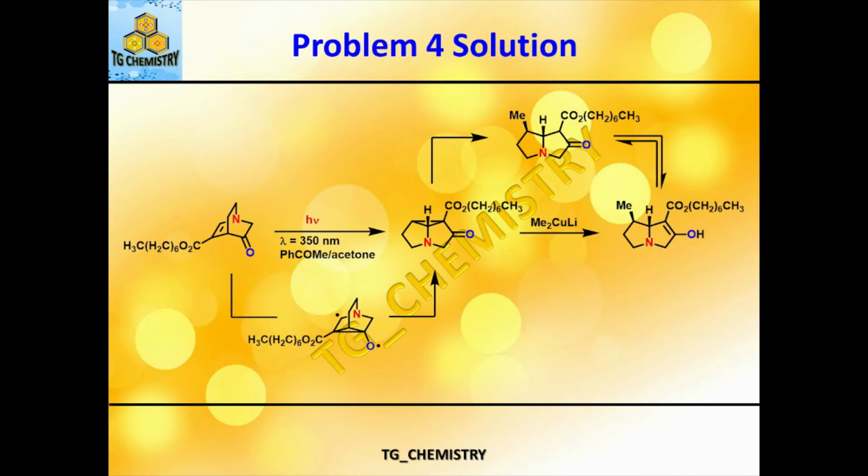The final product can be either the keto form or the enol form, depending on the options that you get during the exams. Or, in the straightforward way, you can write the ketone, and as it is enolizable, it can undergo tautomerization and form the enol isomer as well. So from the quinuclidinone we get the pyrrolizidine compound, which is biologically very active. This example is a very important one, and you should